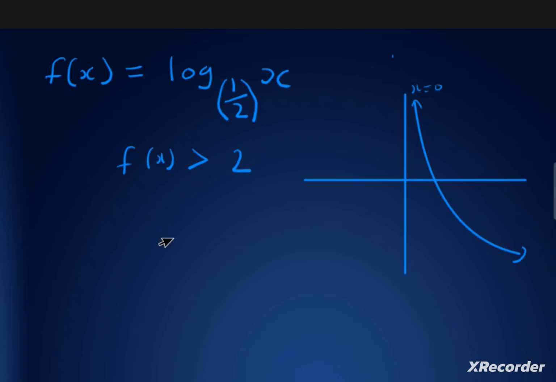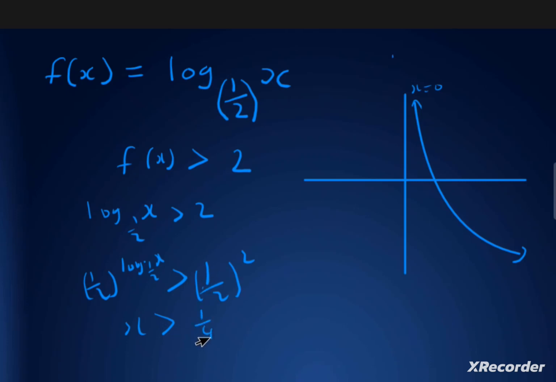So if we solve it as normal, let me just show you the problem with solving it as normal. Obviously if we solve it as normal, we're going to have log x base half must be greater than 2. So now we have to say half to the power of log x base half must be greater than half to the power of 2, right? So now this will cancel, and eventually we'll have x must be greater than half to the power of 2